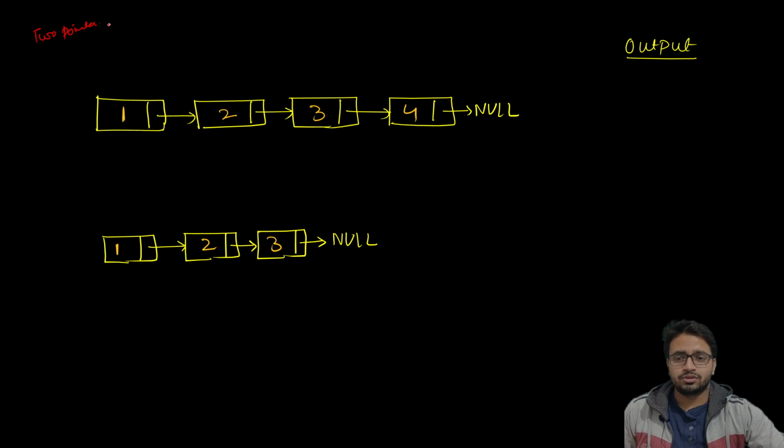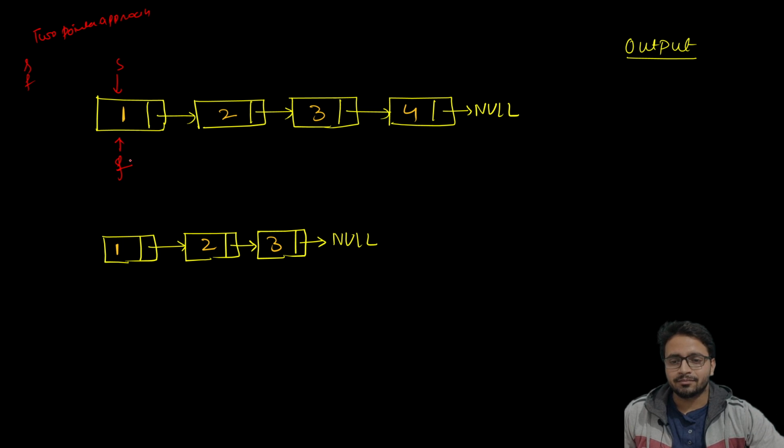In the two pointer approach, we would be maintaining two pointers. One is slow, another is fast. Both slow and fast would start from the head itself. So what will happen is fast will move by 2 and slow will move by 1, and we will move the fast pointer till it is going to hit null or its next is going to be null. So let me explain what I mean to say.